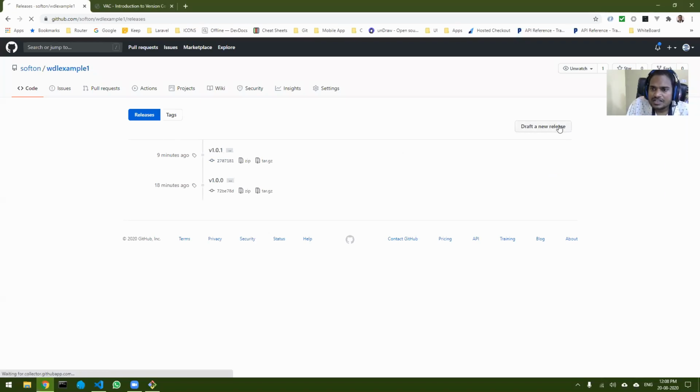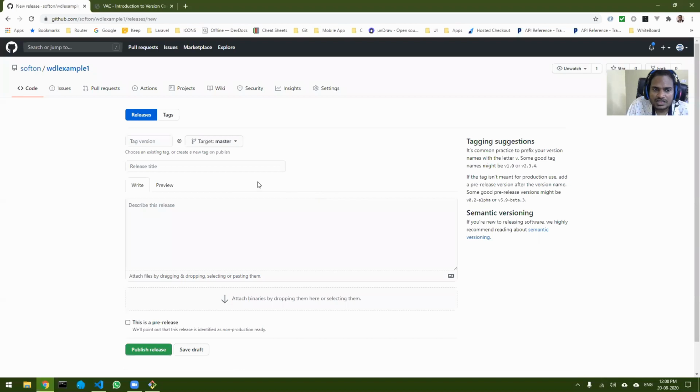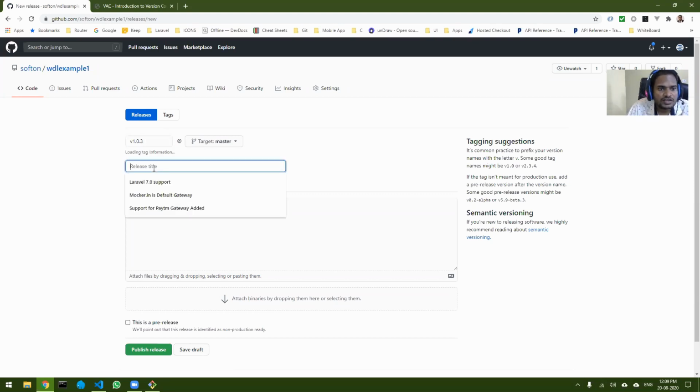Let's create a release, draft a new release, and let's give a tag number, version 1.0.3. Okay, no, I think it should be 3. So my first release of the software.